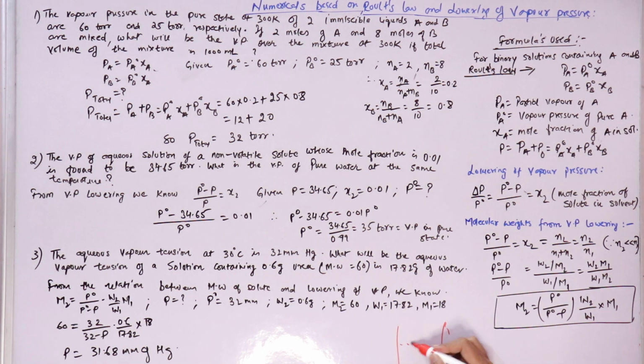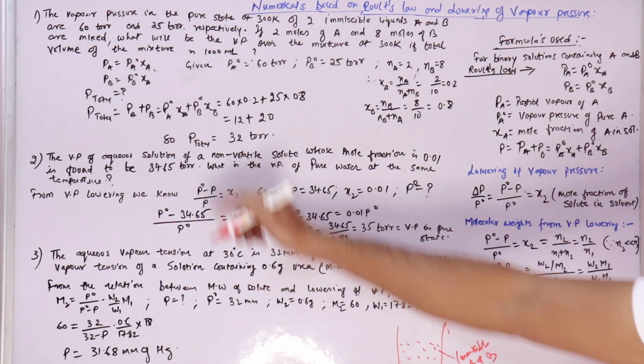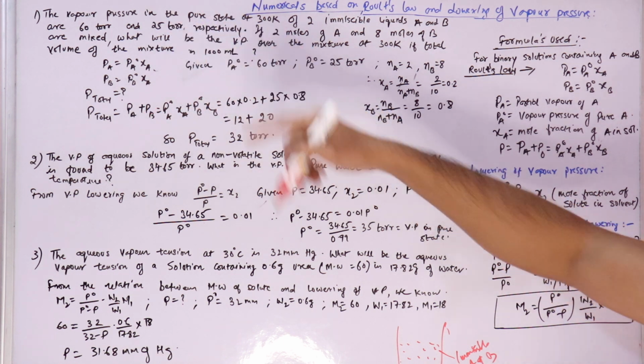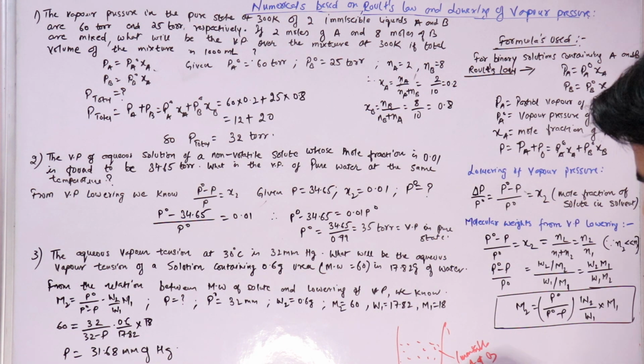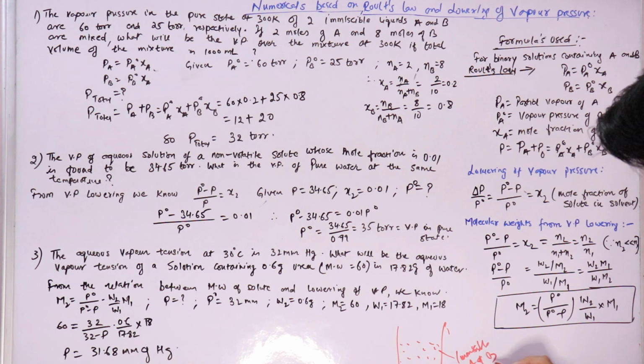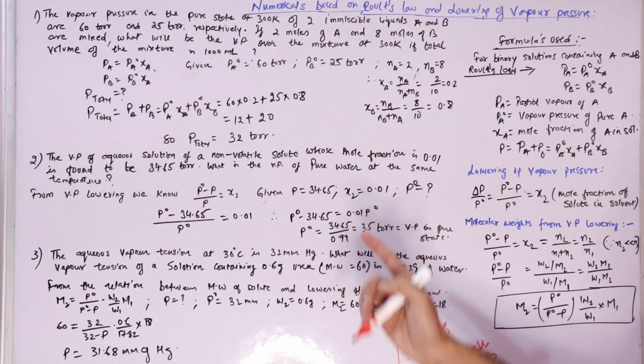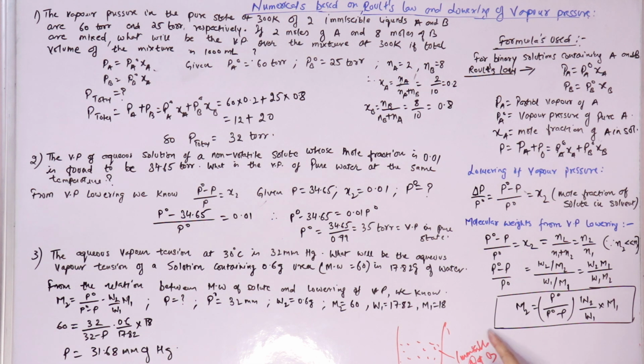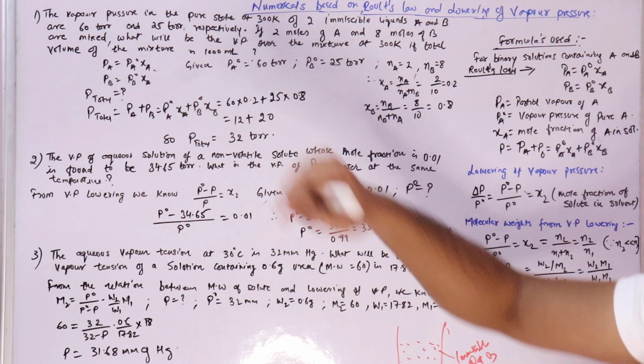So what it says is there are two immiscible liquids, A and B, right? So it says vapor pressure in the pure state of two immiscible liquids, that is when pure A is taken, not in the solution, in the pure state, that which consists of only liquid A. So in the pure state, the vapor pressure of A is 60 torr, and in the pure state the vapor pressure of B is 25 torr,